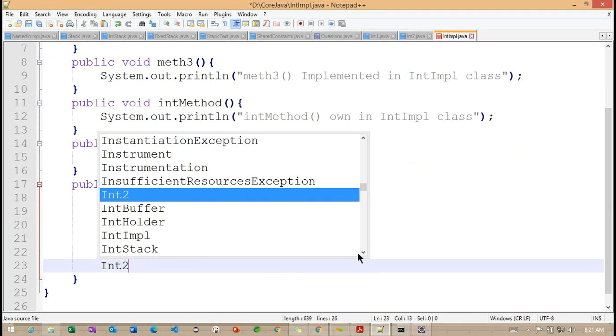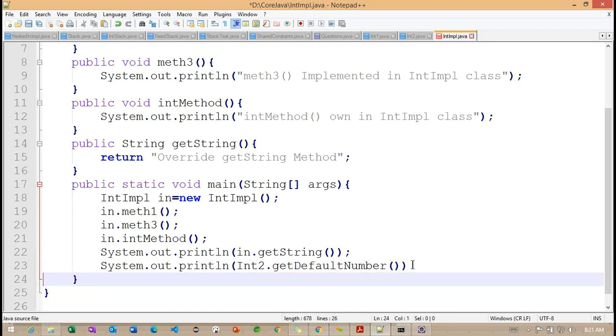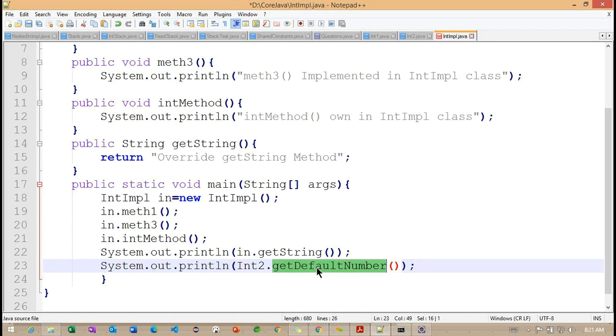To call this particular method, we can use int2 dot default number. If you observe, int2 is our interface name. With the help of this interface name, we are calling this method here.